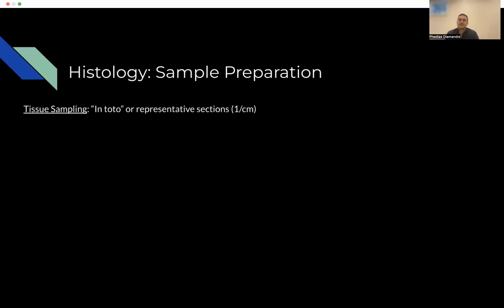So once you fix the tissue, now it's time to start sampling. There's two different things you may see in a report. In a pathology report, it may be denoted as being sampled in total, which means that the whole specimen has been put into pathology tissue cassettes, as we'll see. These are about 2 centimeters by 2 centimeters by 0.2 to 0.3 centimeters in height